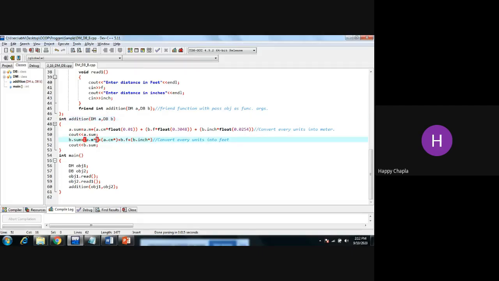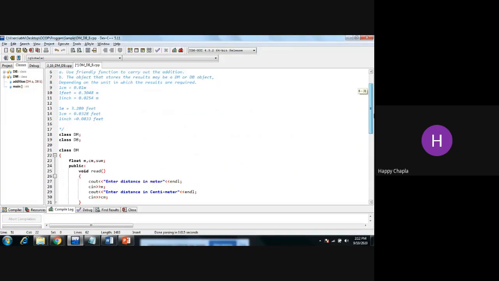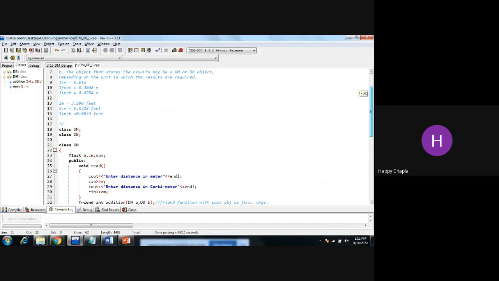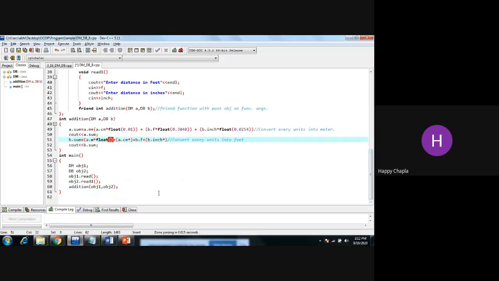Meter to feet, 3.280. And centimeter to feet, 0.0328.